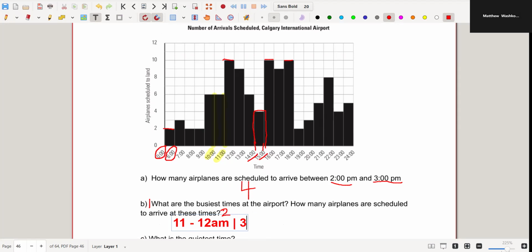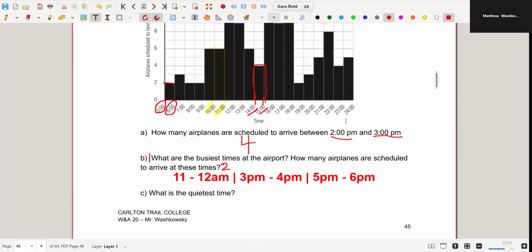So 1500, which is 3 p.m. to 4 p.m., which is 1600, and then 5 p.m. to 6 p.m. And then what is the quietest time? Well, there's a bunch of them, right? I can see here, let's use a different color. I can see here that, well, 2 is the lowest number, and that happens 4 times. So the quietest times, pen,